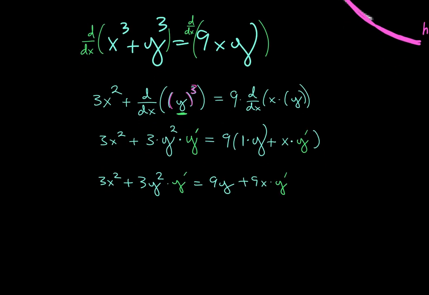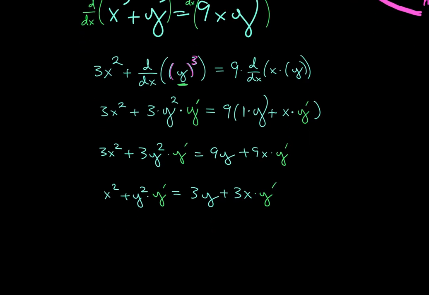So what I have is x squared plus y squared times y prime is equal to 3y plus 3x times y prime. And of course, doing a little bit of algebra, that shows that y prime must be the same as, it looks like I got x squared minus 3y divided by